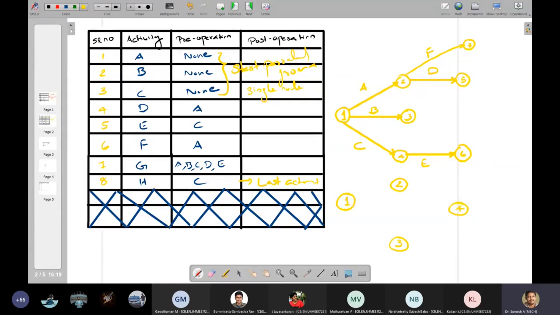This is my activity A, this is my activity C, this is my activity B. Then this will be my activity D, this will be my activity E, and this will be my activity F. So this is activity A.